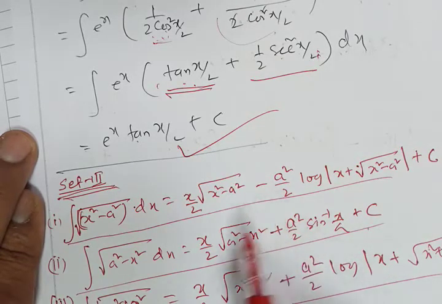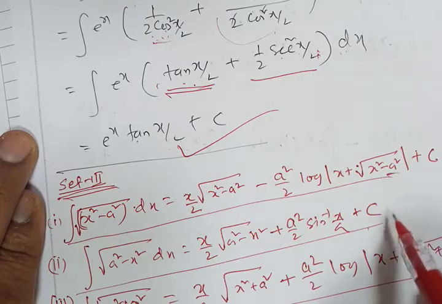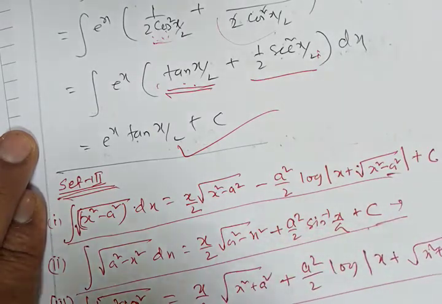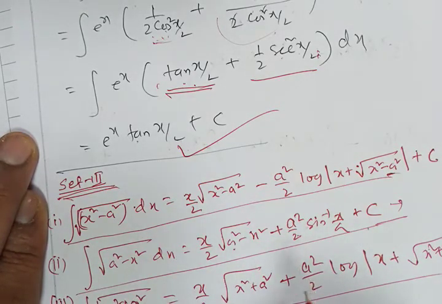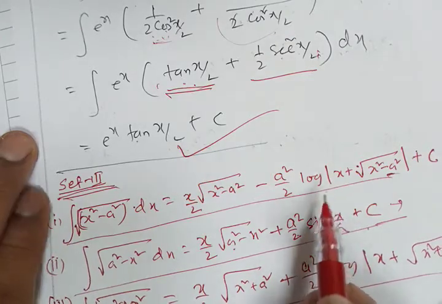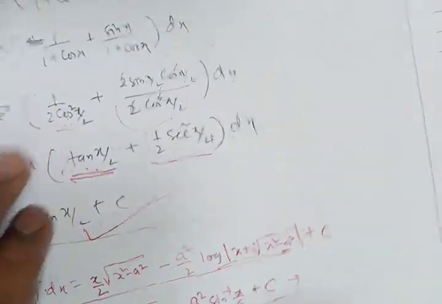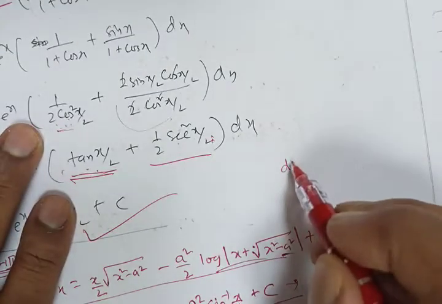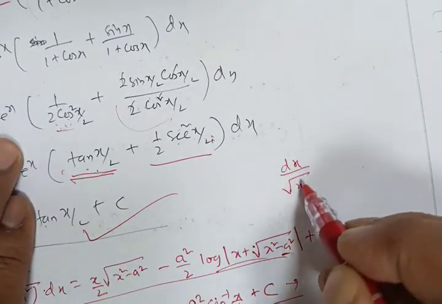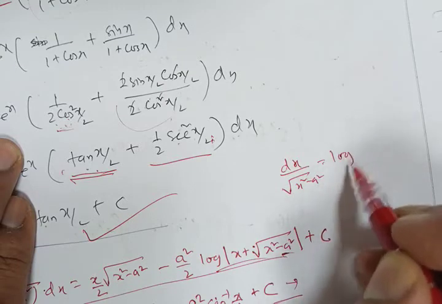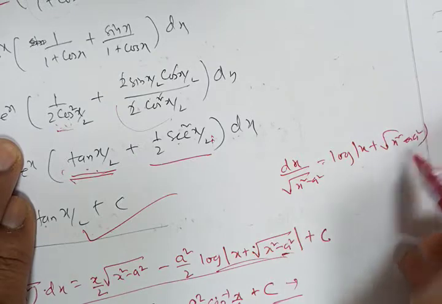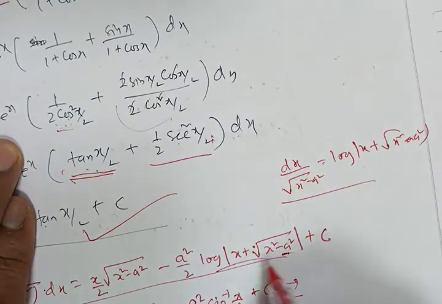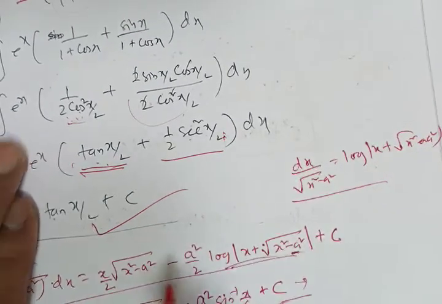Okay. I told you I will prove one. I show the proof of one, because in the previous exercise, when that term came, I directly used the formula. That time I told you that I will show you the proof. So one more: this part of this formula, it is the same as, suppose, dx by root over x square minus a square. You must have log of x plus root over x square minus a square. So this part is similar to the previous one. So this way you have to remember.